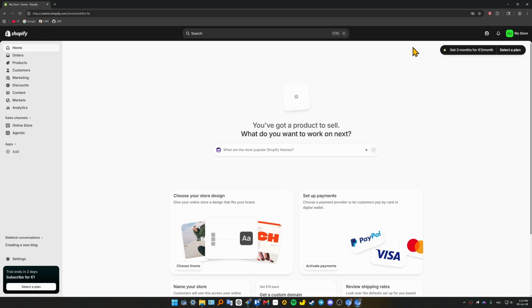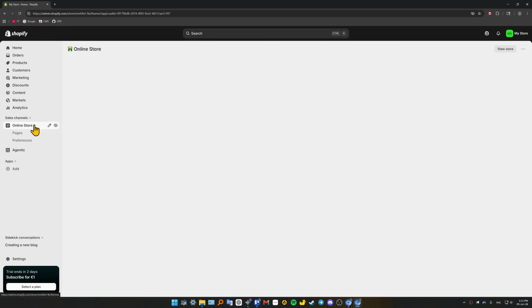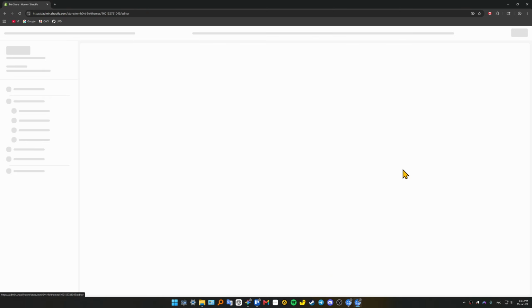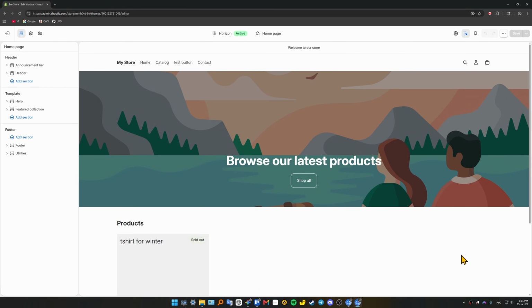So from your dashboard, go to Online Store, then choose the theme that you're working with actively, in my case it's Horizon, and click Edit Theme next to it. And inside the visual design space, click directly on the image banner, slideshow slide, or multi-column block you want